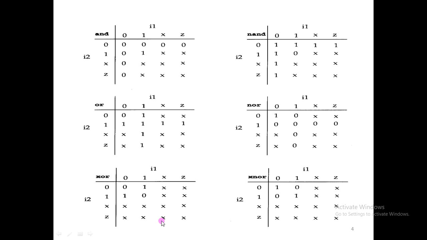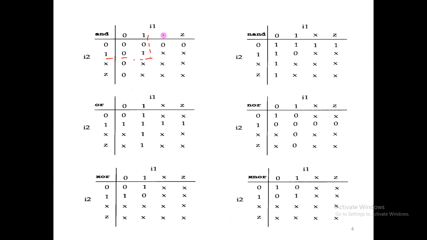Next, how the AND gate and NAND gate truth tables are realized. That is what we need to understand now. A similar looking truth table I had taken during the dataflow style of modeling also. Quickly, I recapitulate it. This is an input, this is also an input. 0 0 0, 0 1 0, 1 0 0, 1 1 1. So this is the simple basic AND gate that you have been learning up till now.